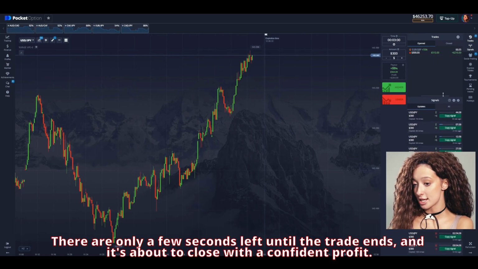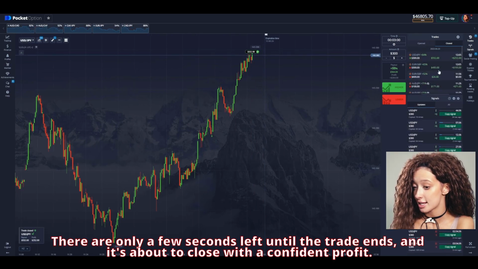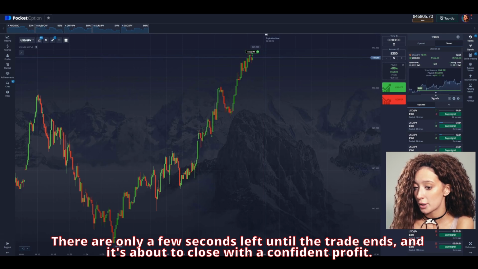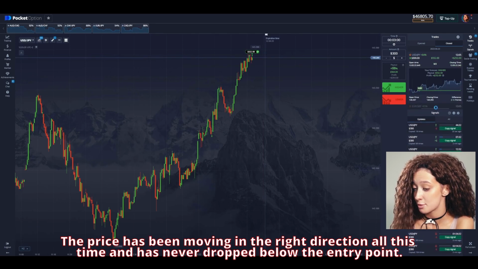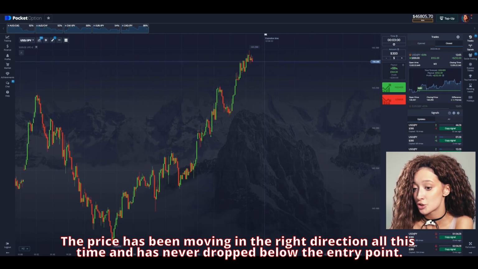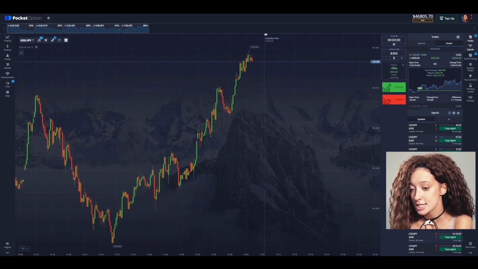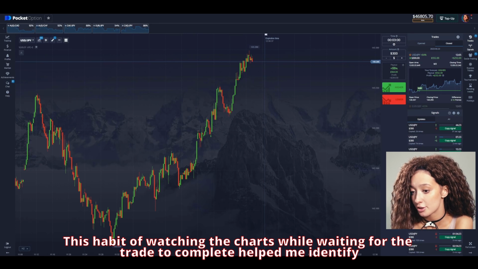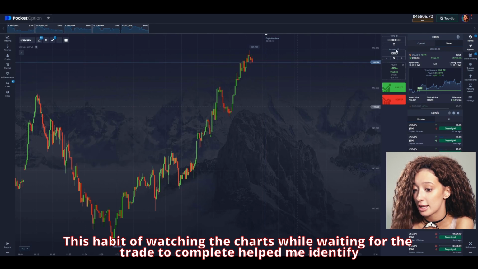There are only a few seconds left until the trade ends, and it's about to close with a confident profit. The price has been moving in the right direction all this time and has never dropped below the entry points. So this habit of watching the chart while waiting for the trade to complete helped me identify the breakouts and